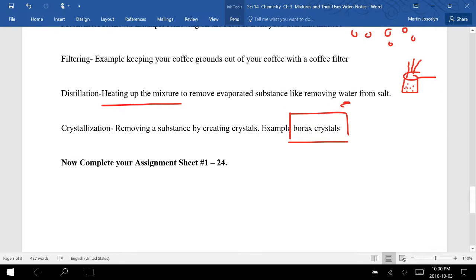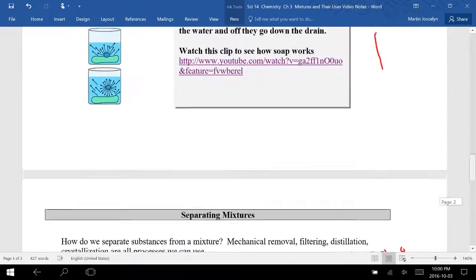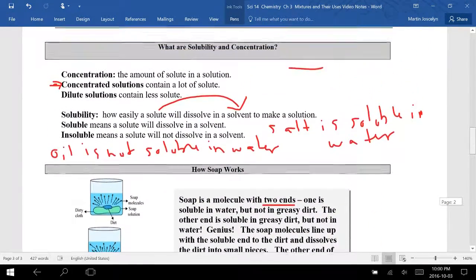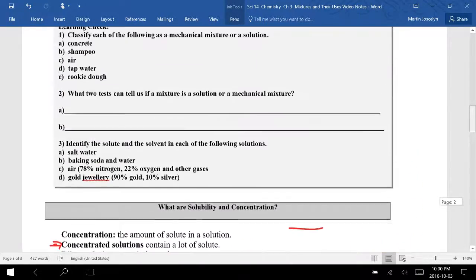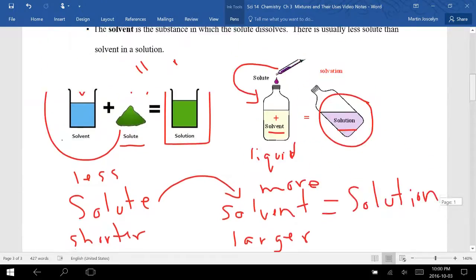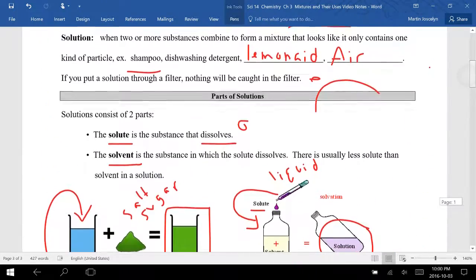So now your job is to complete your assignment sheet numbers 1 to 24. So we talked about separating mixtures, we talked about how soap works, what solubility and concentration are. We also talked about parts of a solution,